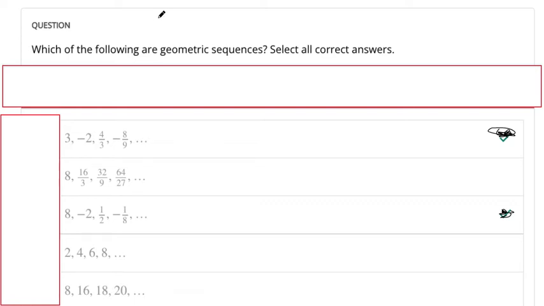A geometric sequence is a sequence of numbers where you're multiplying by some constant to get from one term to the next. So here I'm multiplying every term in this sequence by 1/2, by 0.5, right? Because it's cutting it in half each time. That's a geometric sequence. Or you could think of that as dividing each term by 2. Same thing. So what you should be able to do with the geometric sequence is take one term and divide